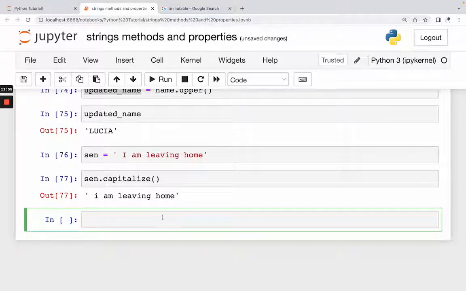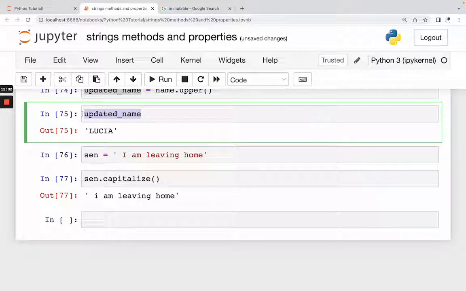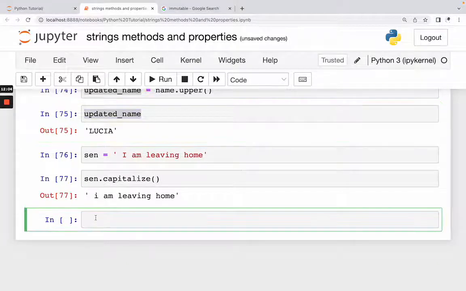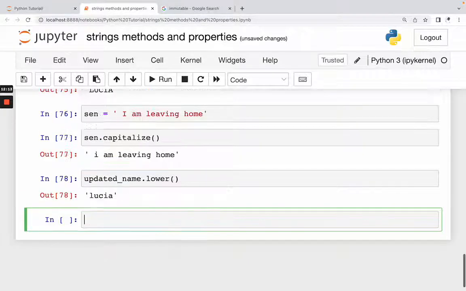So now let's change this updated name to all lowercase. Let's say updated.lower, and let's put our parentheses and run. Of course, see Lucia. So now notice that whenever you call a function or a method in Python,